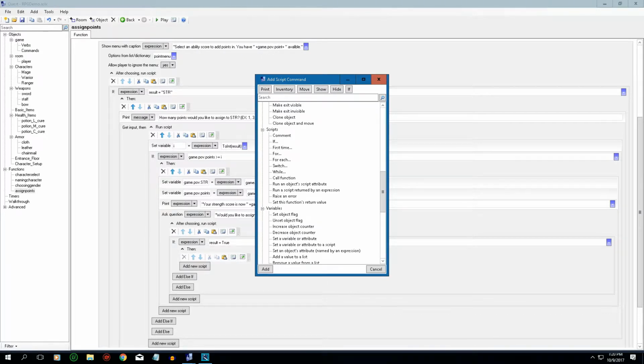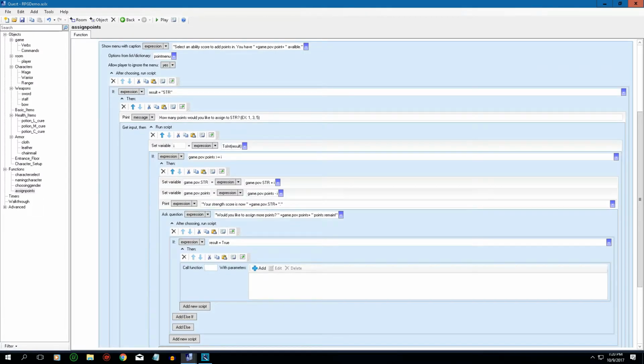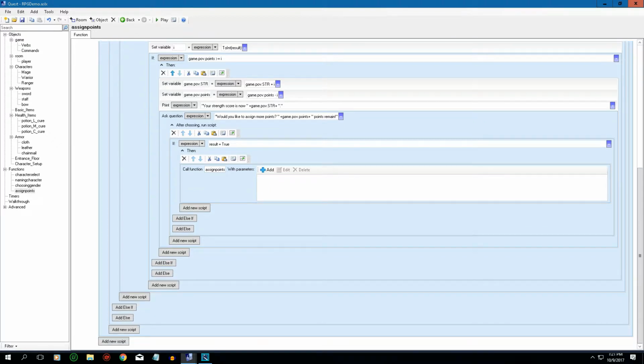So go down to scripts, call function, and what function are we calling? This one, assign points. Alrighty, so let's see, I hope I got all that right. Okay, so if it's true, it's going to recall this function. And if not, we're going to say add else